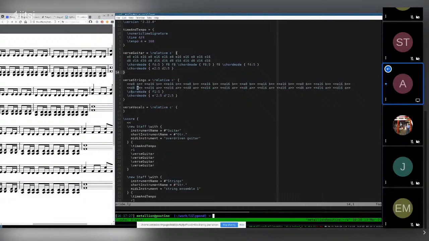And what this chord mode allows me to do, I can just write down the root note, and then instead of writing the next note explicitly, by typing this :5, I'm saying, please give me this note's perfect fifth. And this is much more similar to how you would actually communicate as a musician. Because when I'm talking to another guitar player, I'm not going to say, hey, can you play me an E and a B? I'm going to ask, can you play me an E power chord? And that guitarist is going to know which notes those are. It's just much easier to communicate.